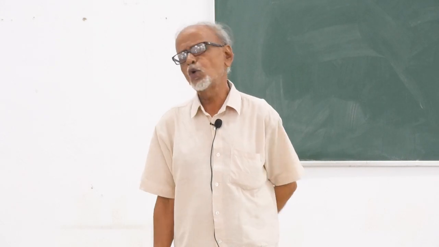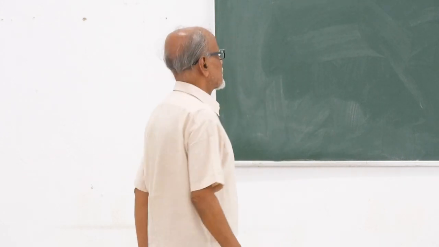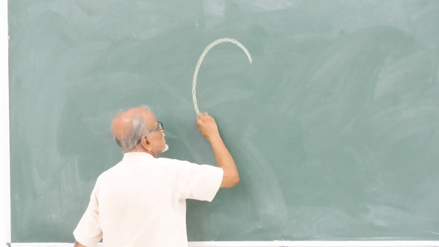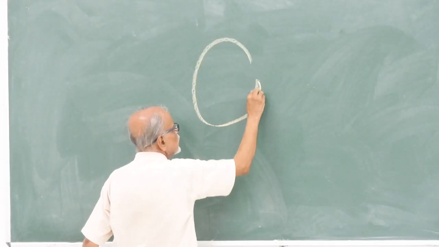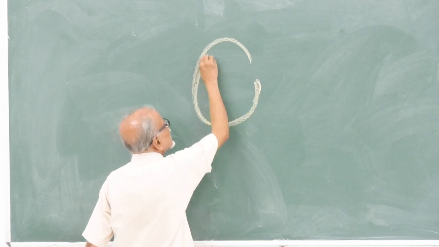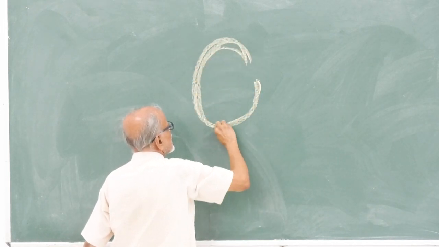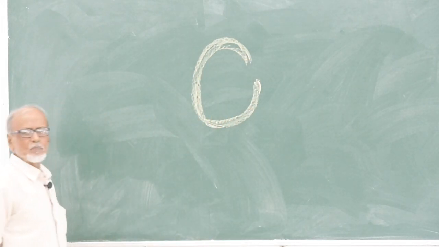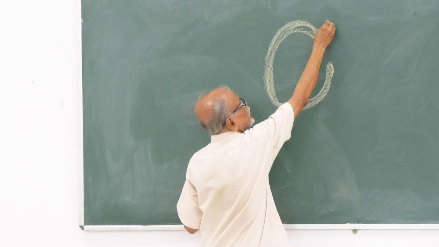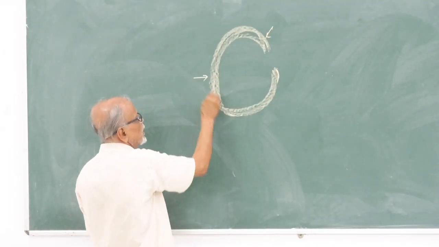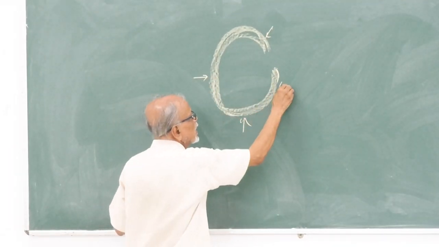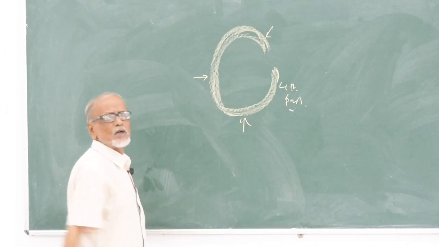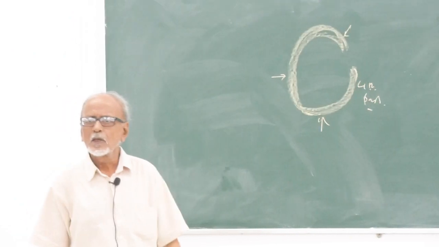ডুওডিনাম। ডুওডিনামের একটা এরকম লুপ তুমি দেখতে পাবে, সি এর মতো দেখতে একটা লুপ আছে। ওপরের এই অংশটাকে ফার্স্ট পার্ট বলে, এটা সেকেন্ড পার্ট, এটা থার্ড পার্ট, এটা ফোর্থ পার্ট। তাহলে এই সি শেপড লুপ অফ দ্য ডুওডিনামটাকে দেখতে হবে।